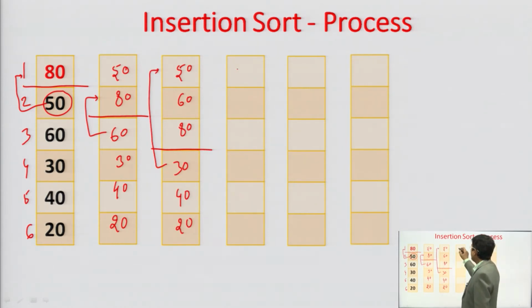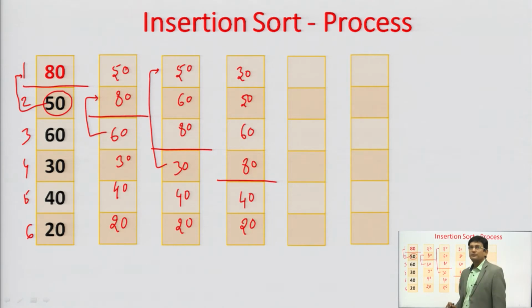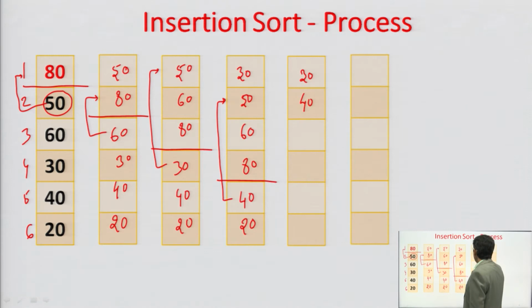So, when you insert this 30 in this array, the elements will be shifted one step down, and the sorted array contains 4 elements. However, the unsorted part now contains 2 elements only. Pick another element from the unsorted part, that is 40, and insert that in the sorted part. 40 should come at the place of 50. So, the elements from 50 onward should be shifted one step down. So, 30, 40, 50, 60 and 80 are the elements in the sorted part now, and the unsorted part contains